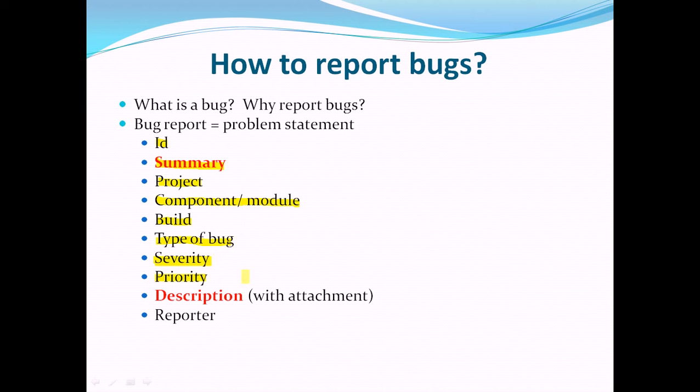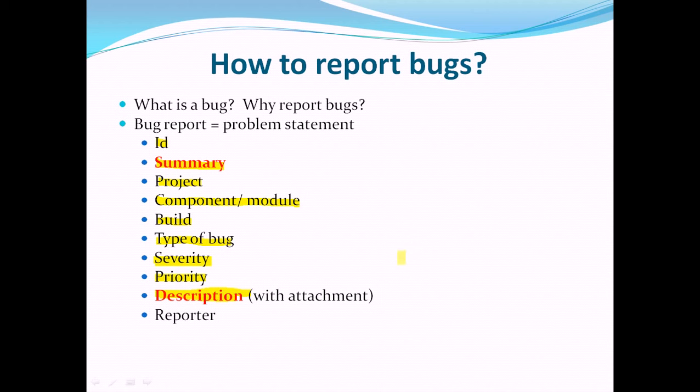Now we come to the most important part of the bug report, and this is the description. Now we already saw that out of the previous data that you have to give in the bug report, summary was important. Summary is basically a concise short form of the bug report, describing the bug in a few words in a compact manner. Description is where you give the entire data, whatever the data the developer is going to require. The bulk of that data is given in the description.